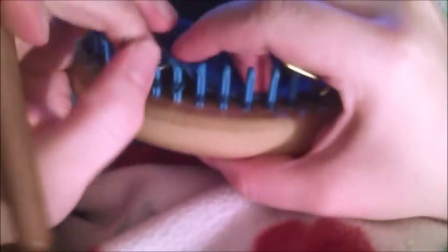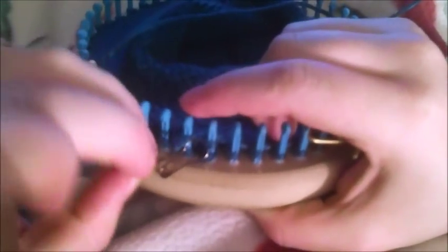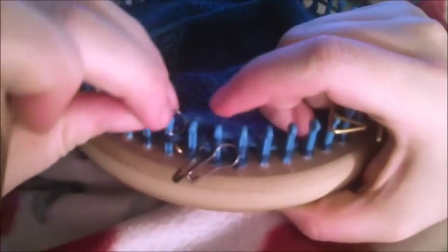Alright, so you've added those stitches back to the loom. You can kind of pull down on it, and then what you want to do is take the stitches that you took off, and place them right back onto